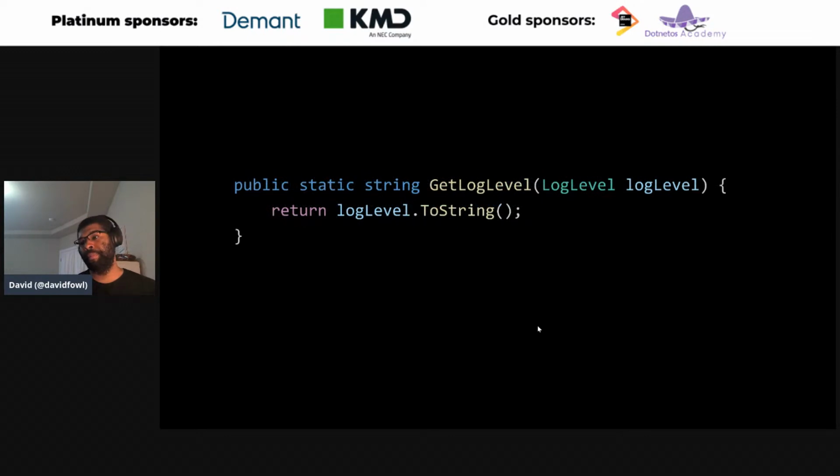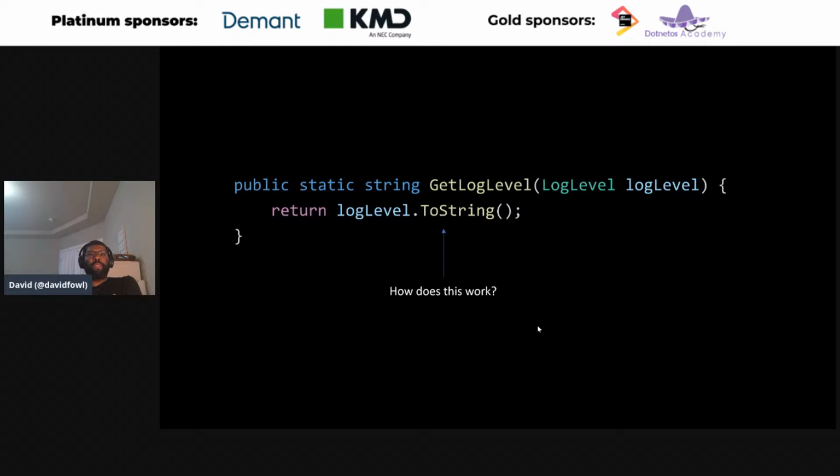Right. This one, I gave this talk earlier this year at a group, I think in the UK, and this particular one I think caused a bunch of drama that I didn't mean to cause. So here's a log level enum, right? So I'm trying to convert this log level enum into a string, right? So I do enum.toString, and I get the textual representation of that enum field. Seems pretty simple, looks straightforward, works just fine.